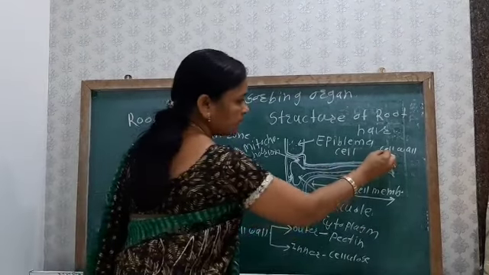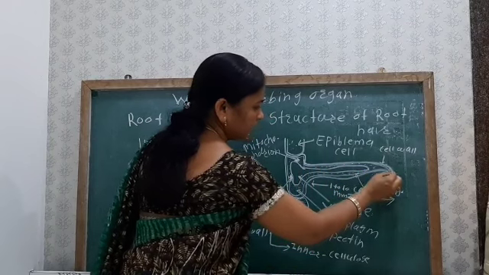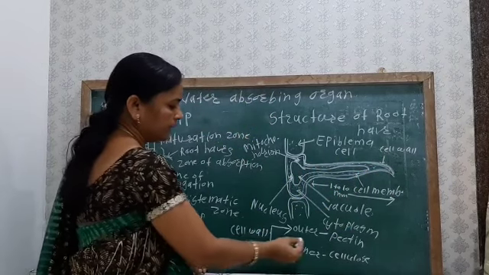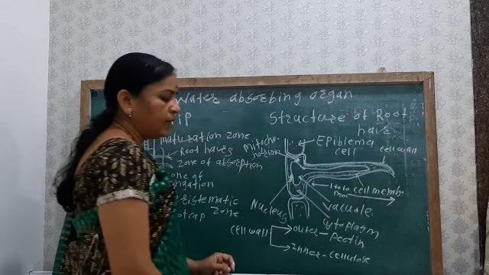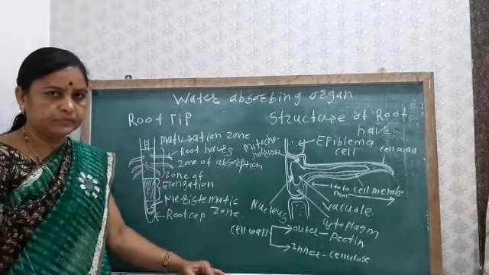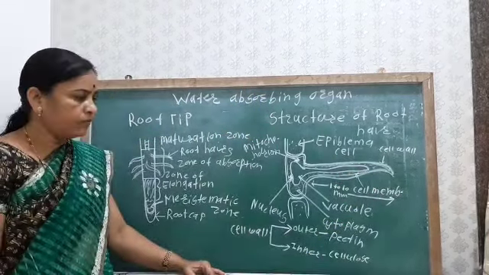Okay, so here is the cell wall, the outermost layer. It is again made up of two layers: the outer layer is made up of pectin, while the inner layer is made up of cellulose. Inside the cell wall here is the cell membrane. The cell wall is permeable, while the cell membrane is selectively permeable.